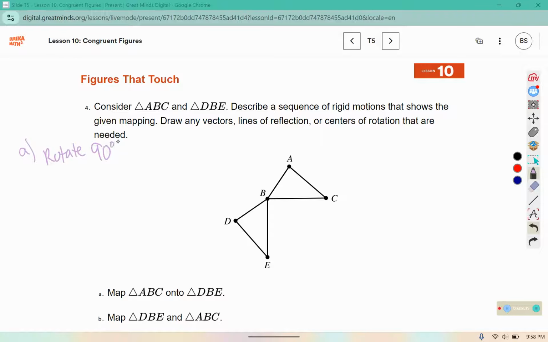Rotate 90 degrees clockwise about center B. And then that's going to place it looking like this here, lined up on BE. So then to get it to move to this position, we would need to reflect it over to